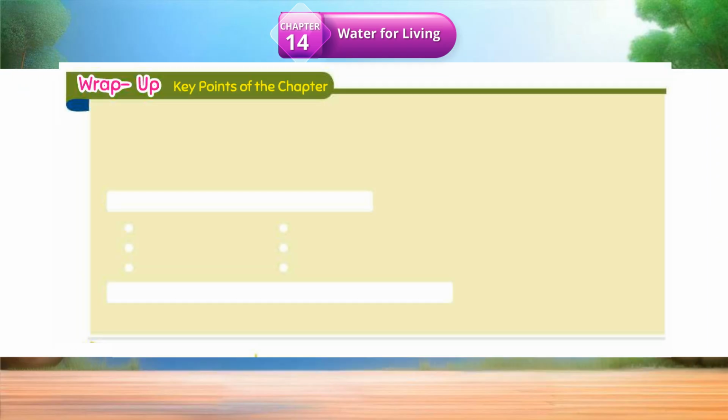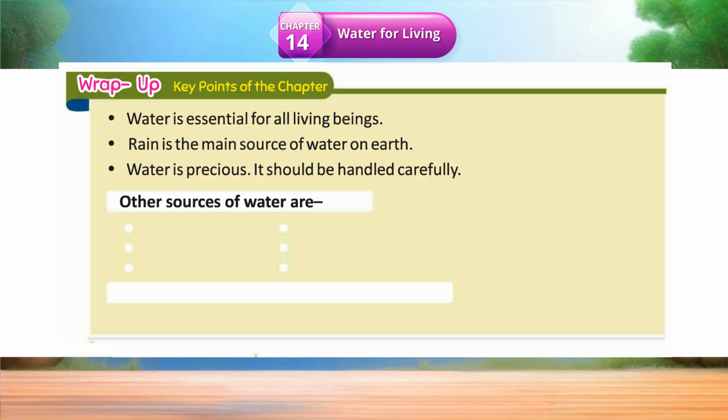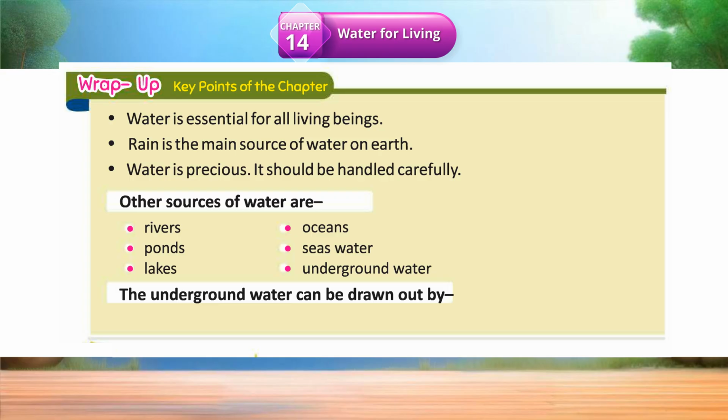Wrap up key points of the chapter. Water is essential for all living beings. Rain is the main source of water on earth. Water is precious. It should be handled carefully. Other sources of water are rivers, ponds, lakes, oceans, seas, and underground water. The underground water can be drawn out by digging wells, tube wells, hand pumps,